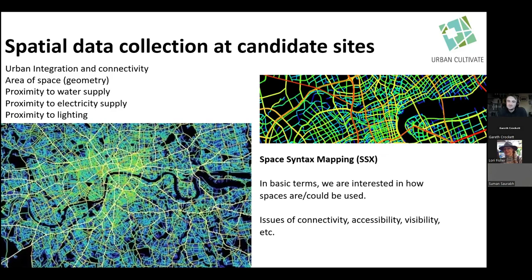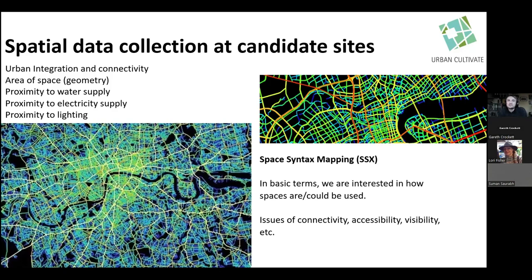And on the right hand side, it might look quite strange, but it's an actual map showing the different levels of connectivity that different roads in London have, and you can see that the main arterial roads, those ones in red there, which are the key networks, the key main roads, perhaps the A roads that go through London, and then over in the green and blue, some of the lesser used, less accessible sites and roads around that. So we can use things like gate analysis to